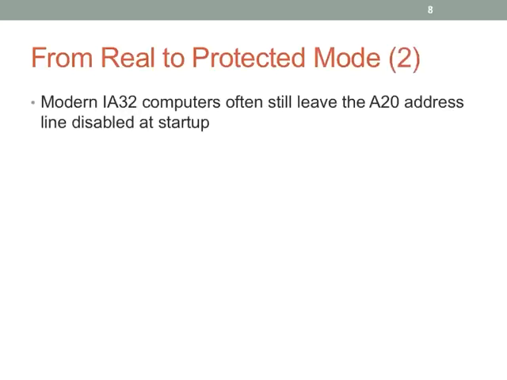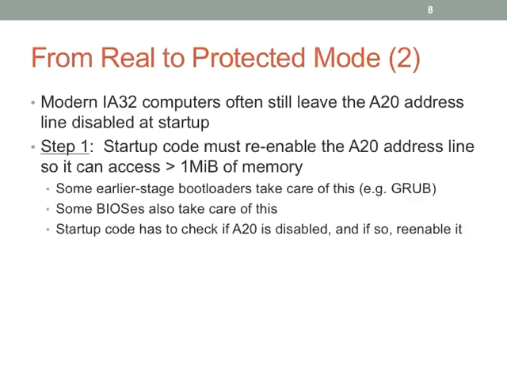Okay, so like I was saying, for backward compatibility, the A20 address line is typically left disabled at startup time, and so it has to be re-enabled. Sometimes it's taken care of by BIOSes, because a lot of people say now, wow, that's a really dumb constraint, and so the BIOS will take care of it. Bootloaders like Grub take care of it for you. So Grub, for example, sets up the hardware in a specific way so that operating systems can just know that it's all good. So thank you, Grub, except now you've actually made operating systems a little bit more complicated,